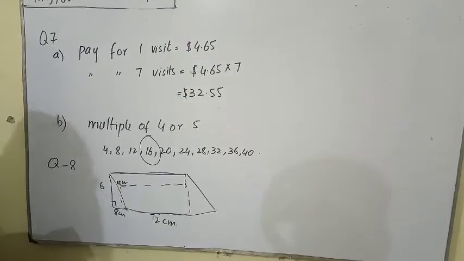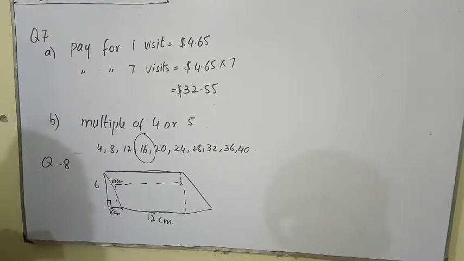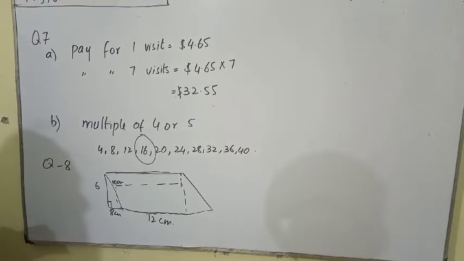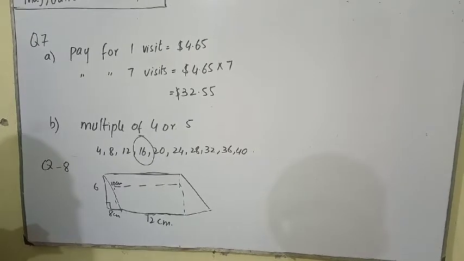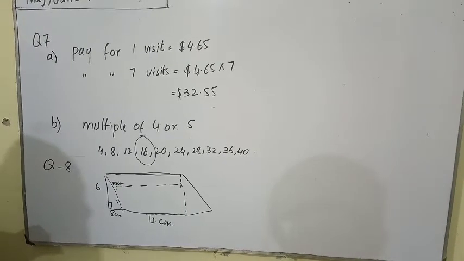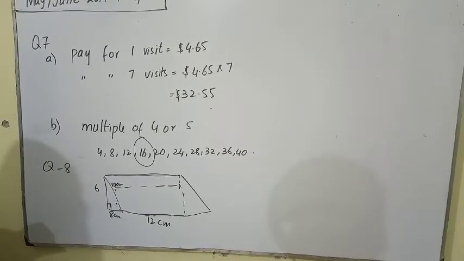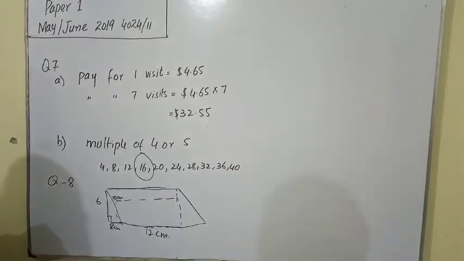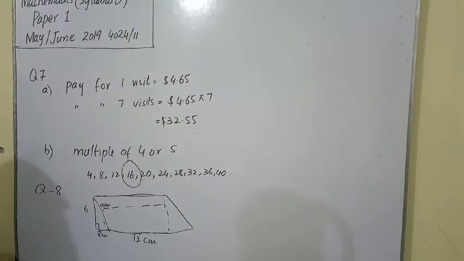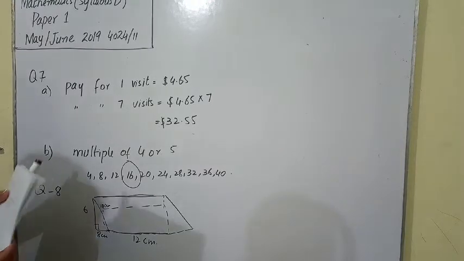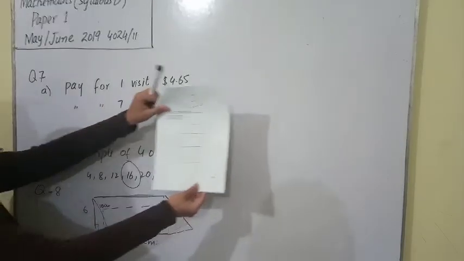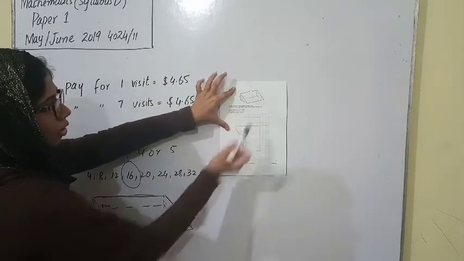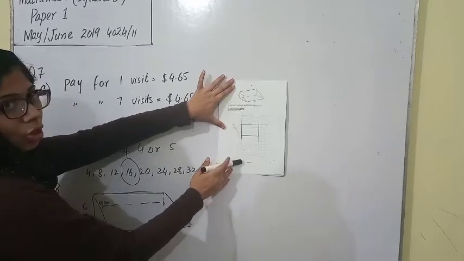So now we have to consider that the cross section is a right angle triangle with sides 6, 8, 10 centimeters. On the grid we have to draw a net of this prism, and we have to use a scale of 1 centimeter to represent 2 centimeter. One face has been drawn for you. So this is the question. As I have already drawn on this paper, I would like to explain on this paper because it is quite easy, because the grid is already drawn over there.